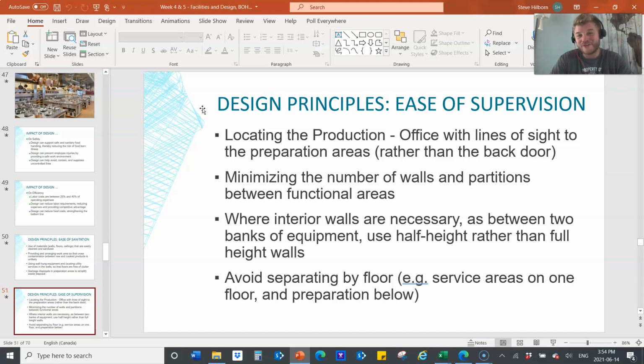When it comes to supervision, ensuring that you can see the production line easily, so office with lines of sight to the prep areas, is really good. Minimizing number of walls and partitions between functioning areas, specifically in your front of house dining areas, your cafeteria floor, your dining floor,